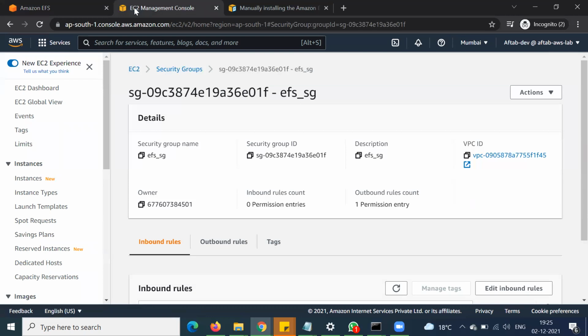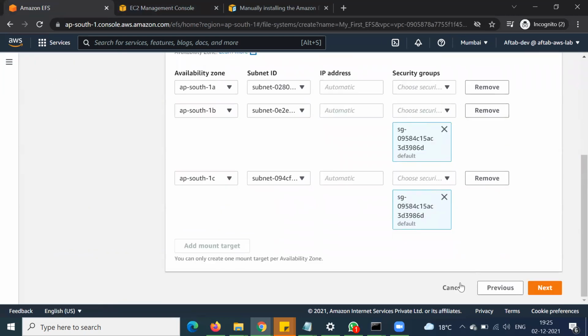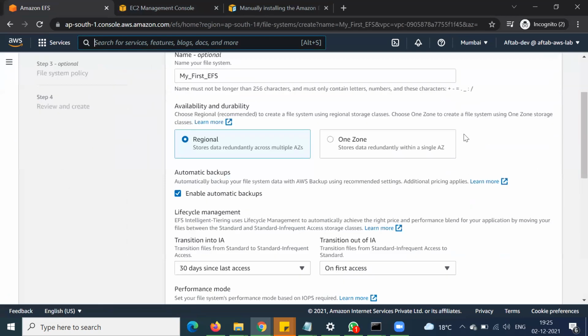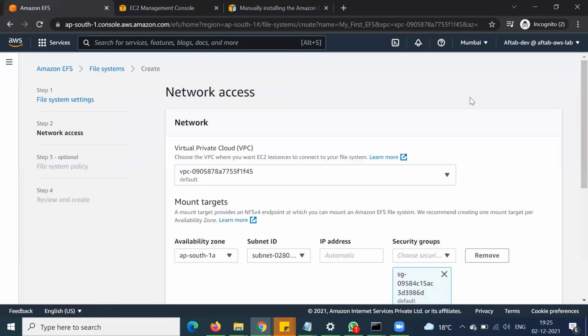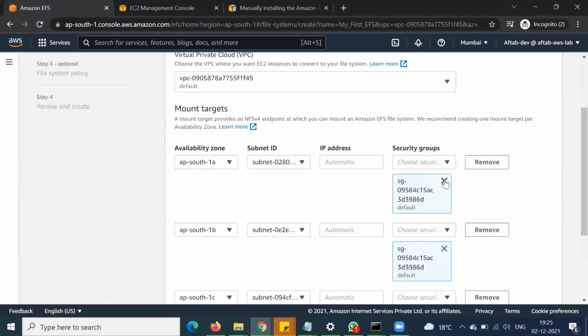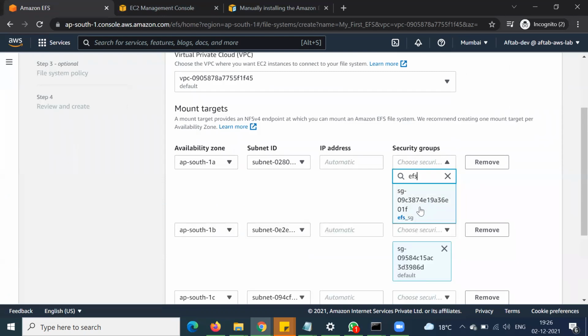And again we need to come here. Just refresh the page, because we were not able to find our security group. Go to next. Here we will be able to find the new security group, the EFS security group we just created.